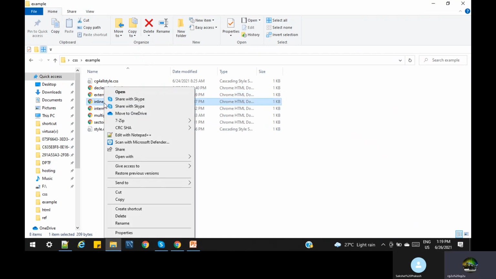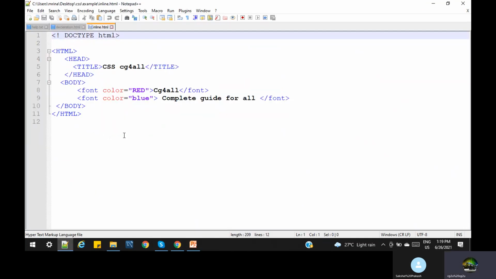Inline CSS, inline HTML. I already ran it. We already know the HTML structure. This is the body, and inside the body we have a font element. Here we are mentioning color is equal to red. Inline CSS does not have selectors and declarations; we define it within the element. Inline CSS does not have that syntax, it is a little different.